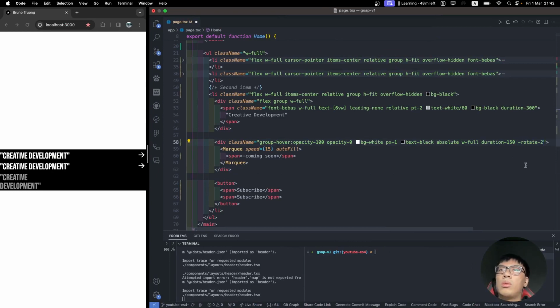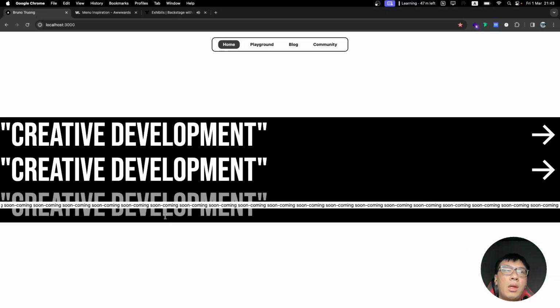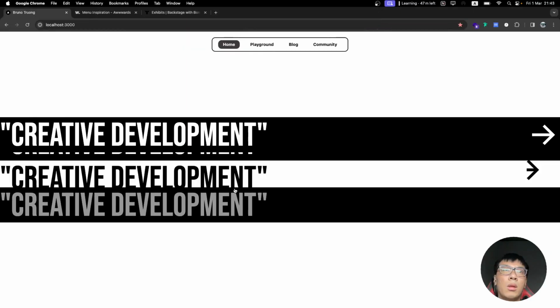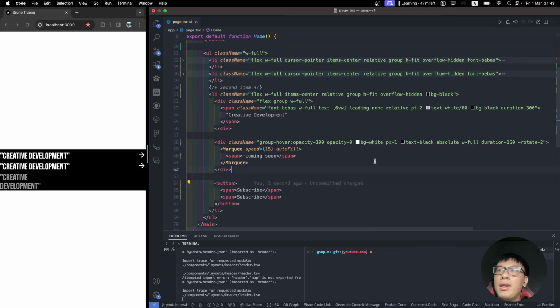Rotate 2. Okay, my laptop is a little bit laggy. Okay, rotate. Oh, it's not rotated yet. I don't know why. Okay, so it's already rotated. You can see here exactly. It's going from the bottom and up. Okay, so we want to make sure that